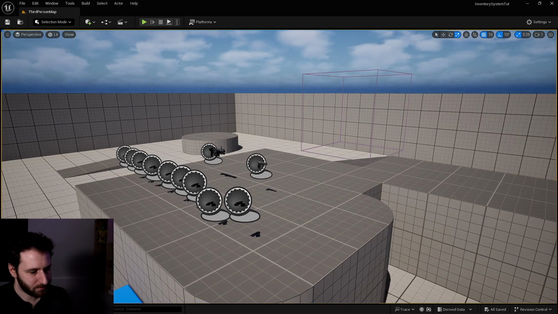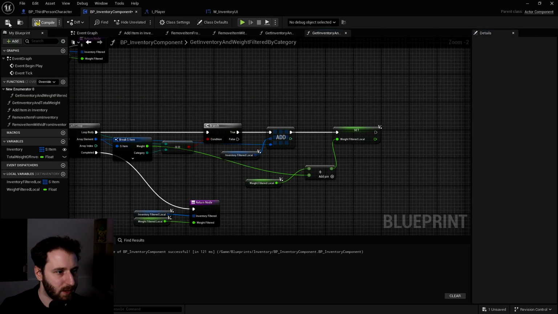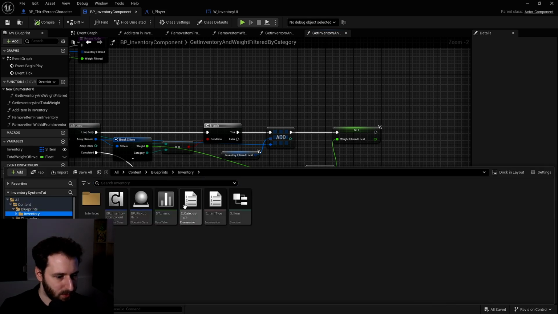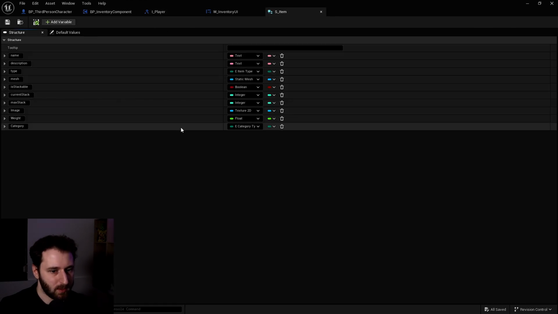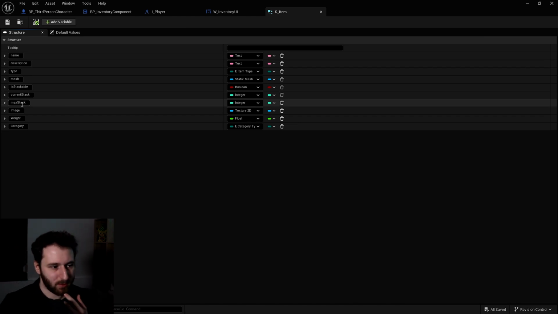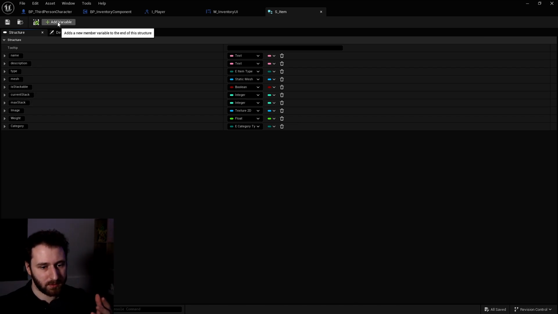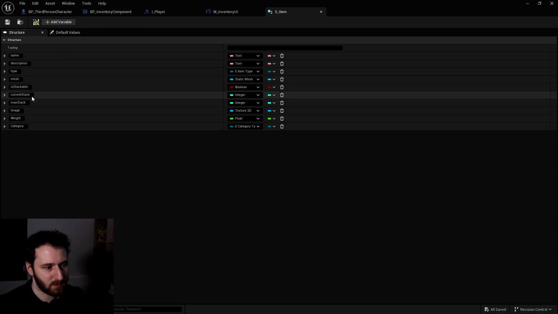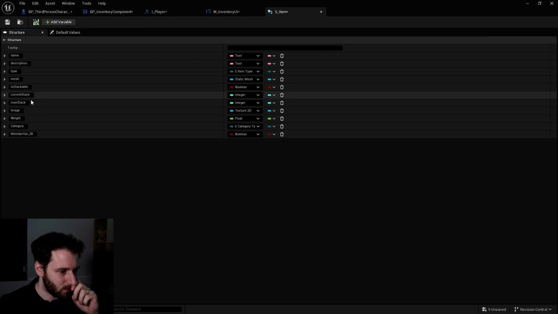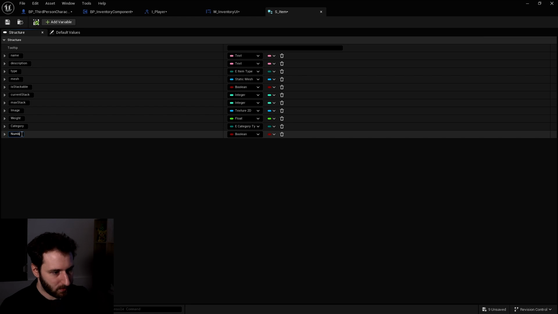So let's fix that. Okay, so to make it work with the stackable, we need to add the new information into our inventory, into our item. So if I go into my item, my structure item, you have the current stack and the max stack, but we don't know how much stack we actually have in that item, because our current stack is 35. When we add another stack to it, it will be 70. And so we lose that information that we have put 2 stacks into this inventory. So we will add this information. So it will be number of stack, and it will be an integer.